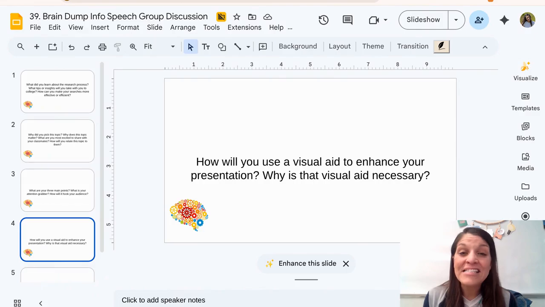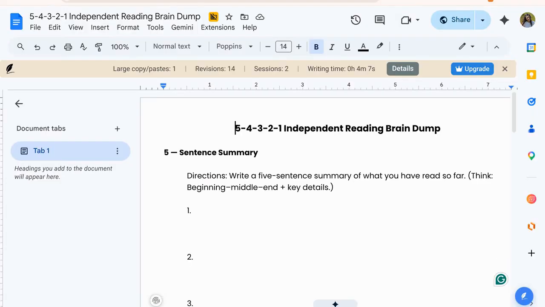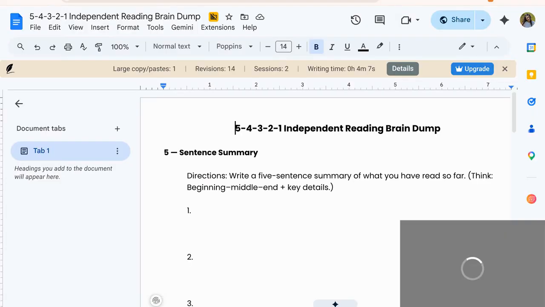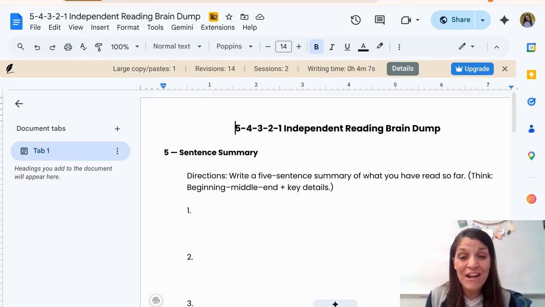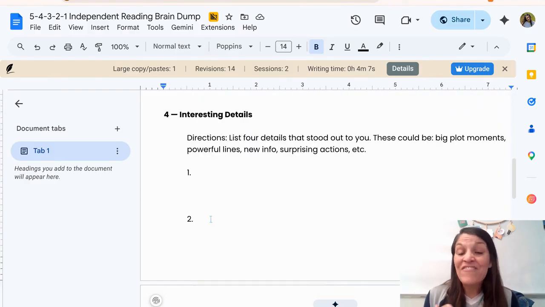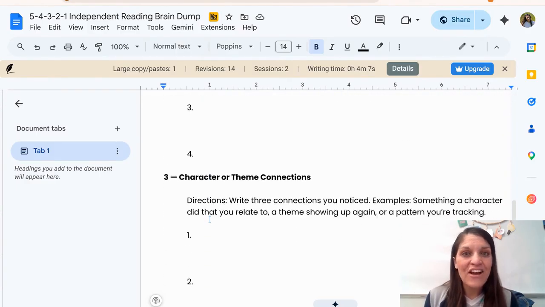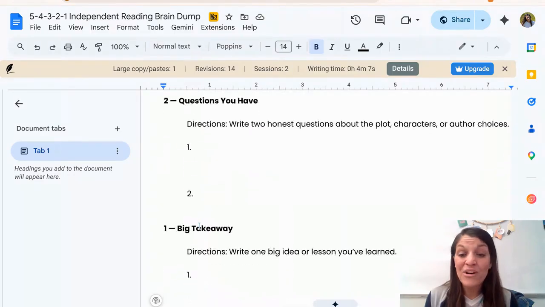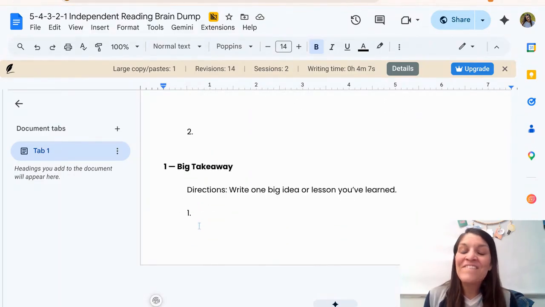Another great and simple way to do a brain dump is if I have students working independently and they're doing independent reading, I might have them do a 5, 4, 3, 2, 1 brain dump after reading. So summarizing, finding interesting details, talking about characters or themes, questions they might have, big takeaways. Now, a 5, 4, 3, 2, 1 activity is so neat. You can also make it 3, 2, 1, but you can choose the different categories or the different prompts that